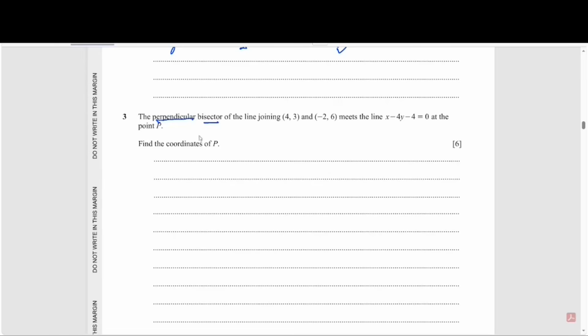Perpendicular means we are going to take care of the gradient of the line joining these 2 points and then find the negative reciprocal. Bisector means that the line we are looking for passes through the exact midpoint of these 2 points. So we need to find the midpoint first. So the midpoint of this